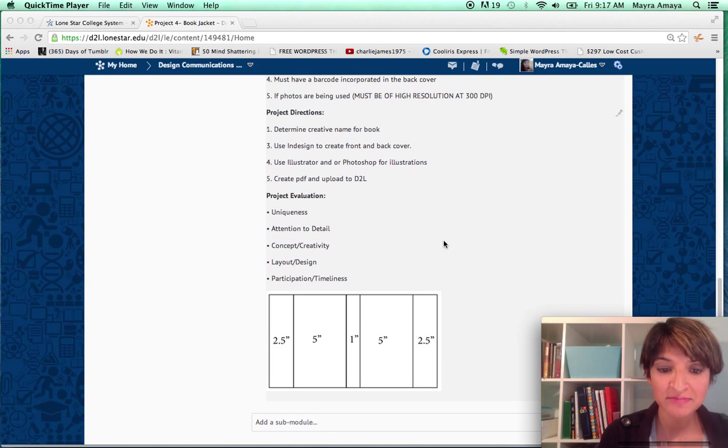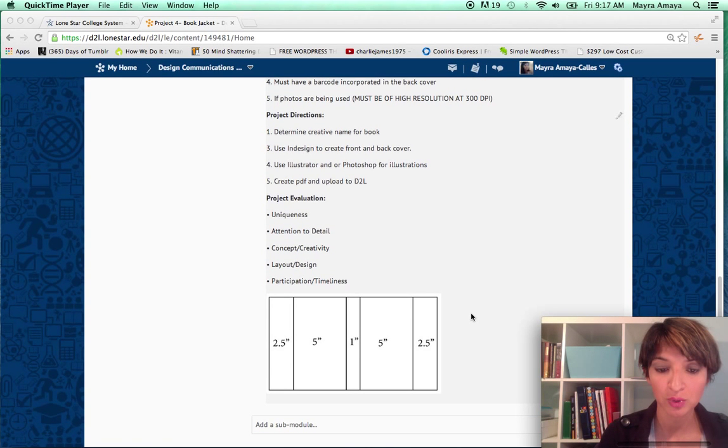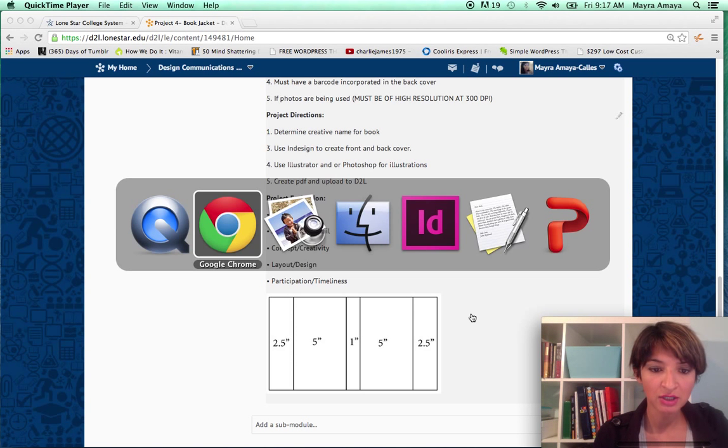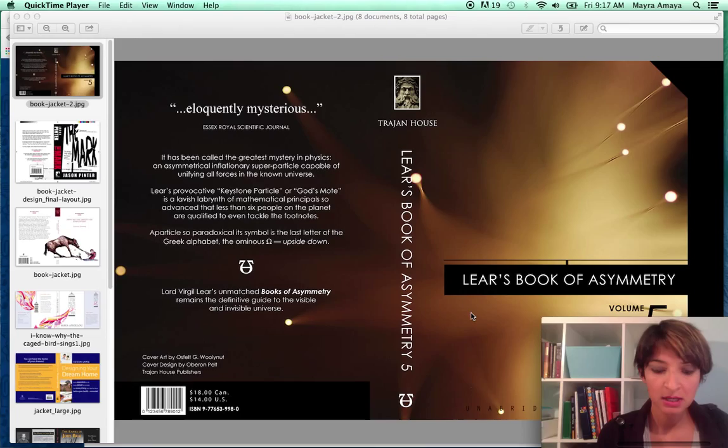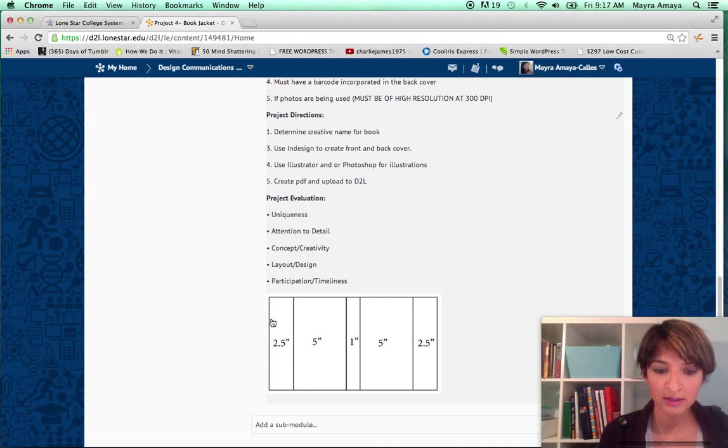So I have the dimensions here, so that's going to help you set that up. So first I would like to go over some examples. So this example here does not have the side flaps. As we can see in our project specs, these are going to be our flaps that fold inward of the book, and this will be your spine, and this would be the front cover, and this is the back cover. Okay, so